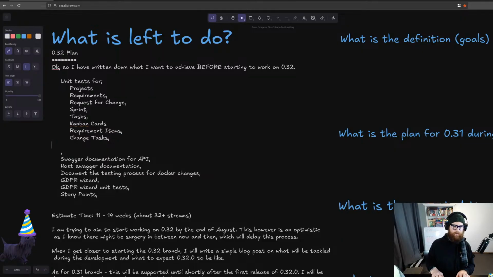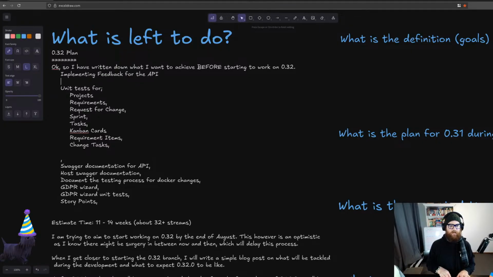Now, all right, cool. It won't be the only thing that we'll need to actually do. There'll be a bunch of other... hang on, sorry, for unit tests, it's for the API. It's not just this. It's not just the documentation. There'll be implementing feedback for the API,